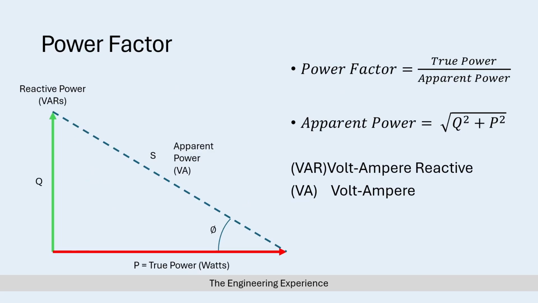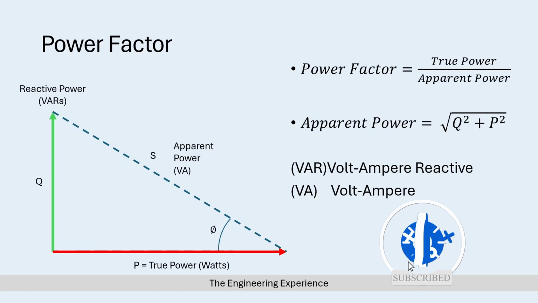To get a better understanding of what the question is asking, let's first discuss what power factor means. Power factor is basically telling you the efficiency of an inductive or reactive system, and it's simply a measure of how effectively you're using the incoming electrical power in your electrical system. If the power factor is closer to 1, it means you have a more efficient system. And if it's dropping below, let's say, 0.8, then you have a bad